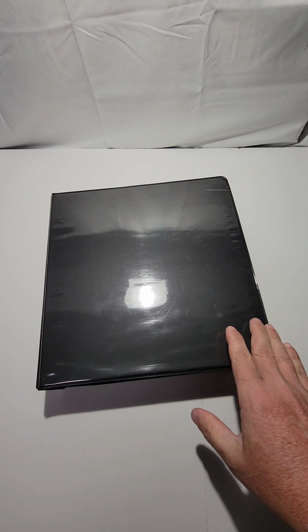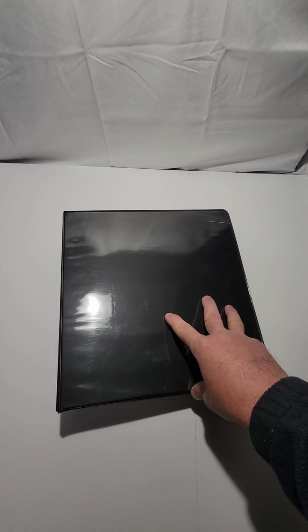So the guy I bought this from would go to estate sales and different things. He collects ephemera, mainly photographs and things. And he would compile these binders full of specific subjects, like I know he had states and landscapes and buildings and things like that. He wasn't necessarily a military collector. He just put all the military items into this binder and another binder I'll show you in a second. But this thing is full